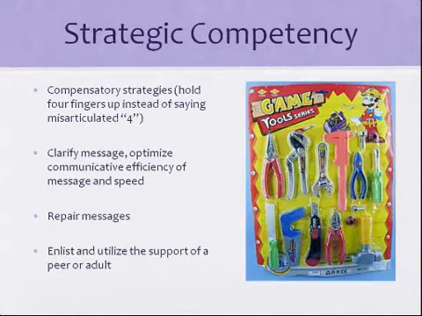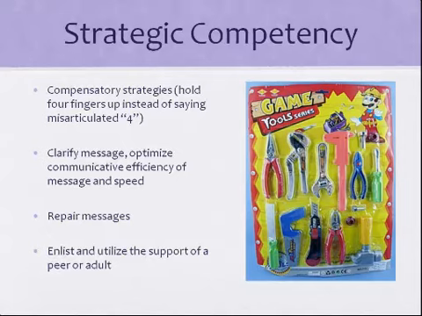Next, we take a look at strategic competency. So how are we going to get the job done? This competency really requires a lot of the child, but ultimately AAC requires a lot of the child. We're asking them to generate a message, recall what messages they wanted to generate, program it, and then produce it, and then recall that they need to use that eye contact to communicate.